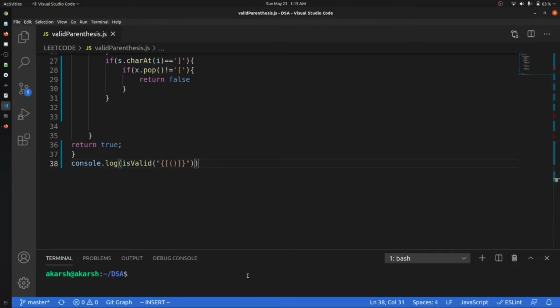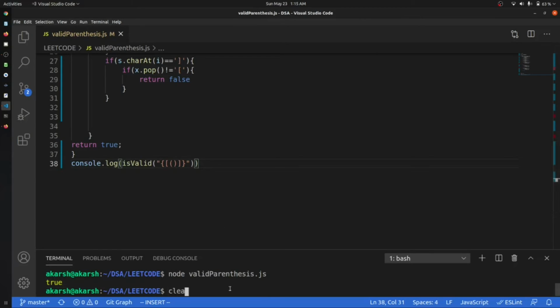Then we run node valid parentheses, and you can see that we got a true.